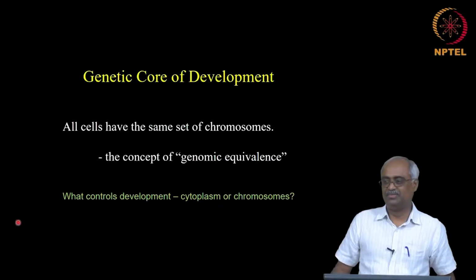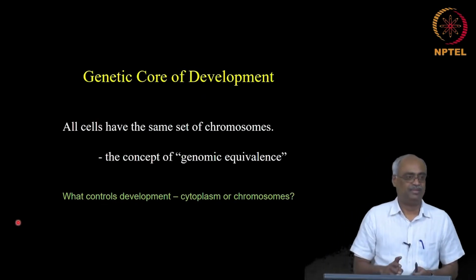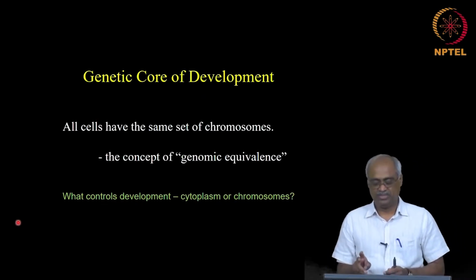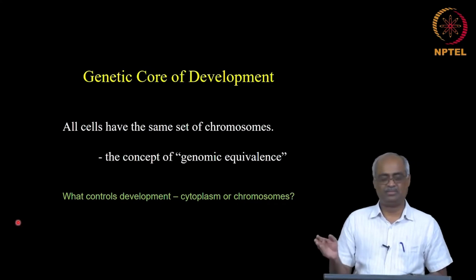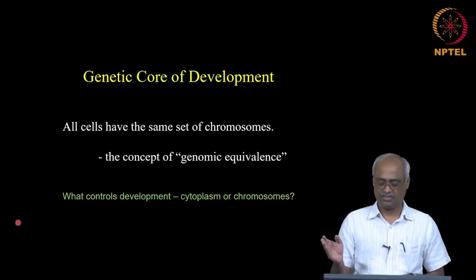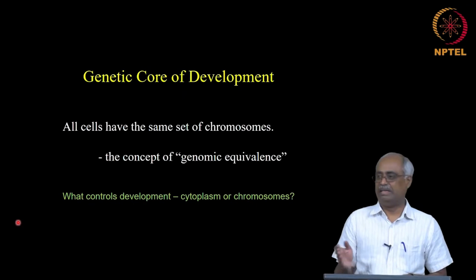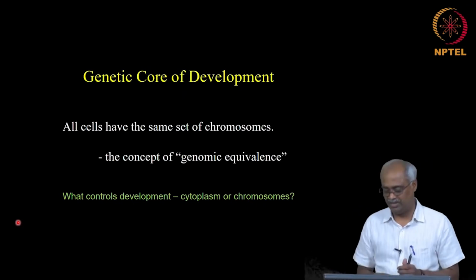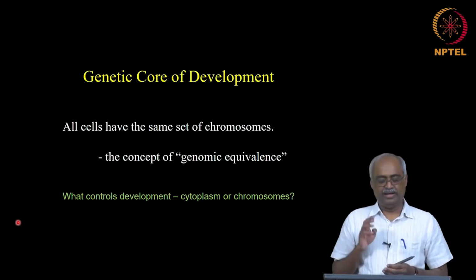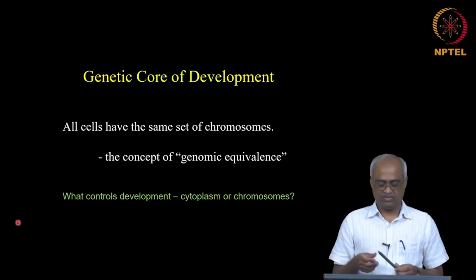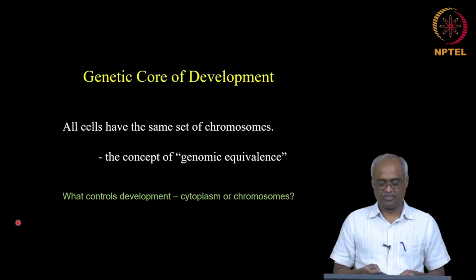Alright, so today, yesterday the main themes were two. One, how changes in development enable evolution, and second, we looked at cell lineage and fate mapping, the various techniques involved in it. Then I ended up saying that in the next class let us look at how development is controlled. So that is what we are going to learn today.